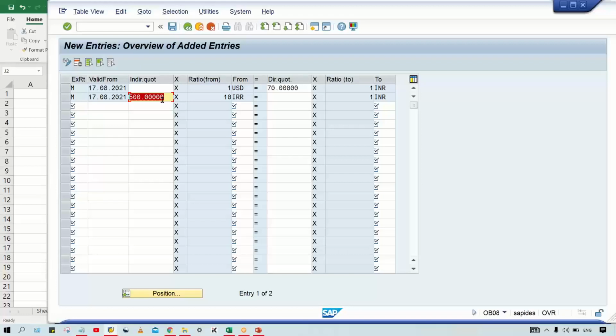So when the foreign currency's value is higher than the local currency, in that case we specify the rate under direct quotation. If the local currency value is higher than the foreign currency, in that case we specify the rate under indirect quotation. Now these are the things. Now apart from this,